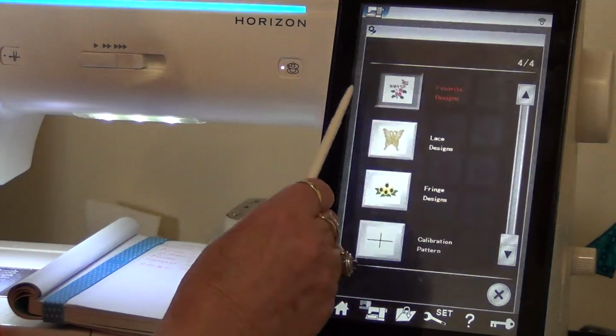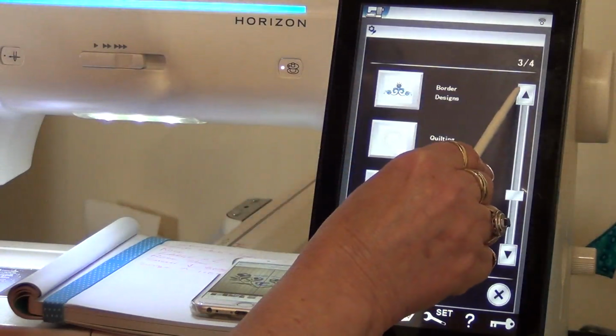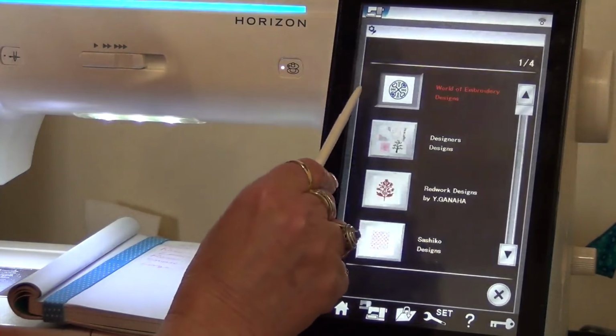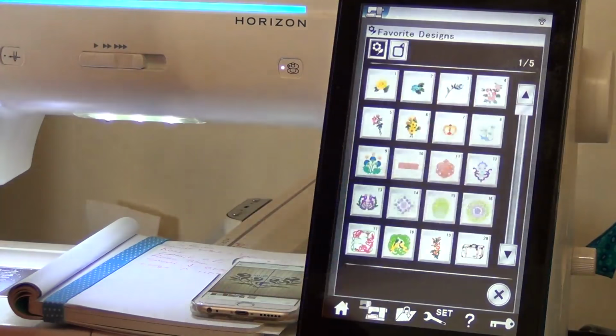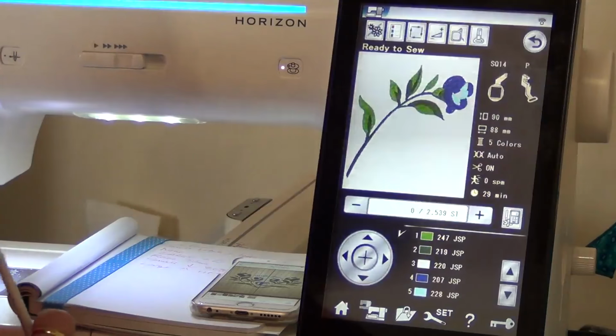Now in the favourites designs, if you don't have this on your screen, let me just go back, sorry. World of Embroidery, when you open your 15 you will see this screen for your built-in designs. If we go to the flower and scroll down and go to favourites, these for the most part are the designs that come with the 12,000. So this will work for 15s and 12s. Girls with 14, 500E, 11,000, you'll have different designs, but you can choose something that you have and do a similar thing. So for this one I'm going to choose the rose,